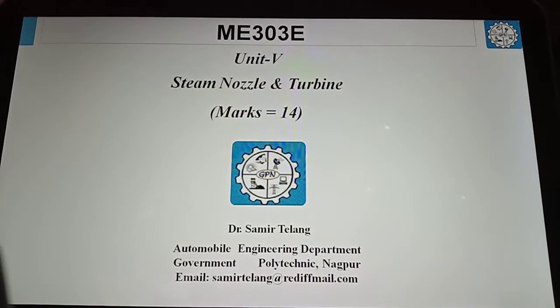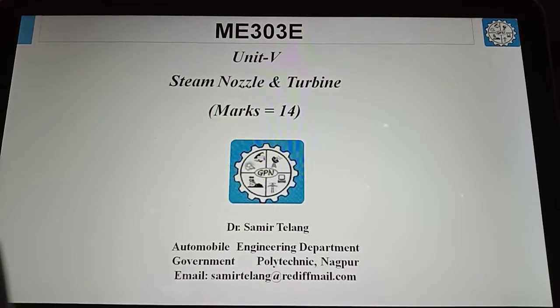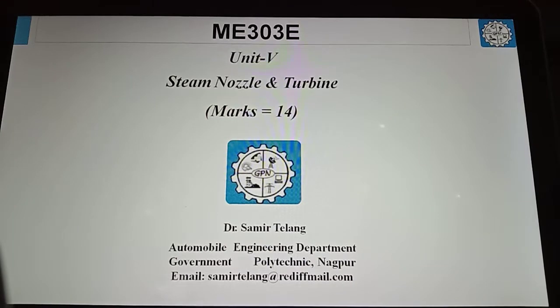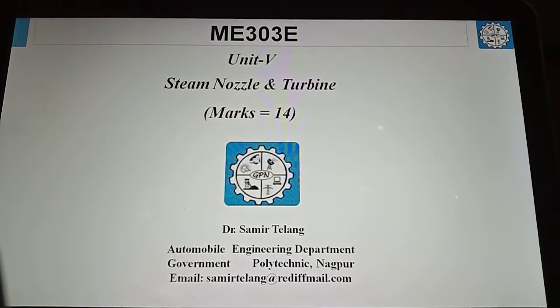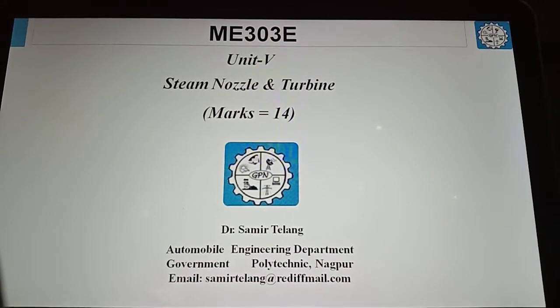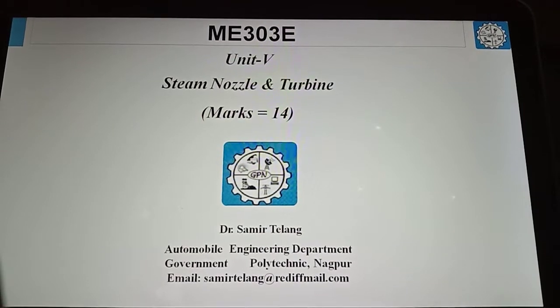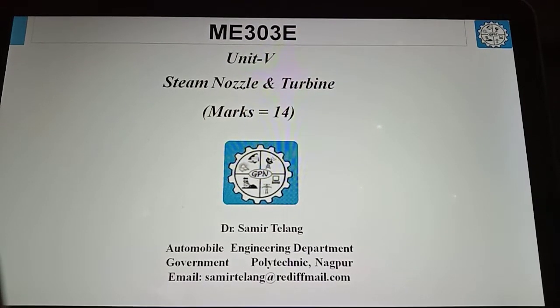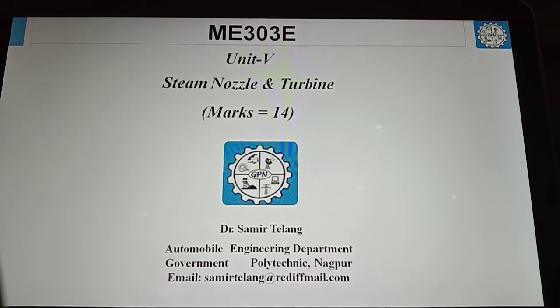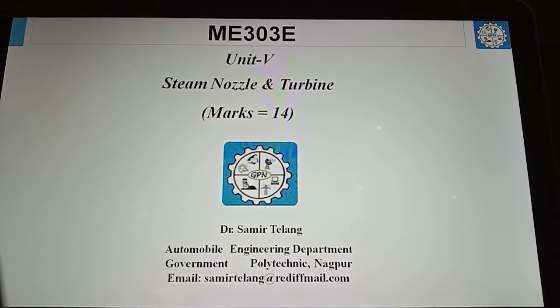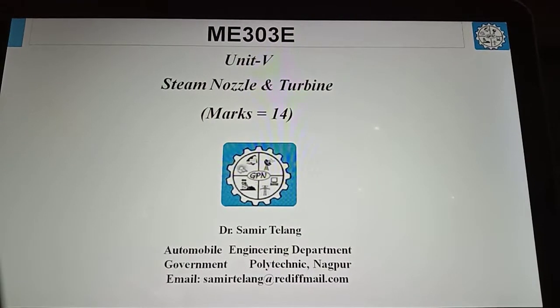Hello class. Now this is the topic fifth number, steam nozzle and turbine. It's carrying 14 marks. So in this topic I am going to cover